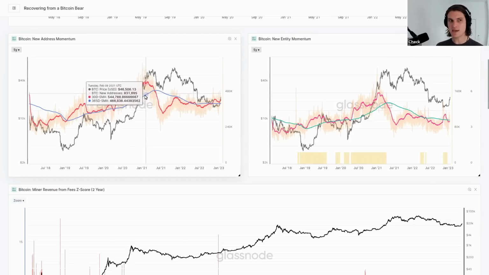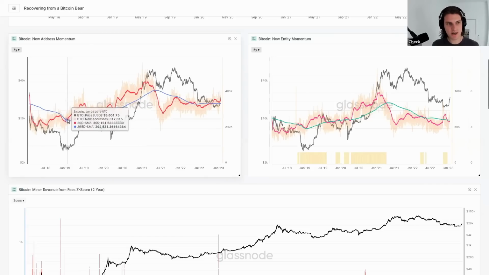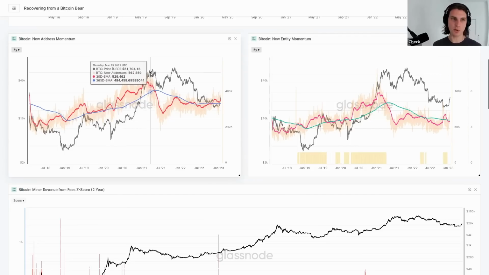But for the most part, what we care about is the red curve above or below, and how convincing is that? So we can see here in 2018, this break above on the monthly triggered, even though price was bearish through most of 2019 and 2020. It signified there was a growing underlying strength in the network, which actually then gave rise to our 2021 bull.